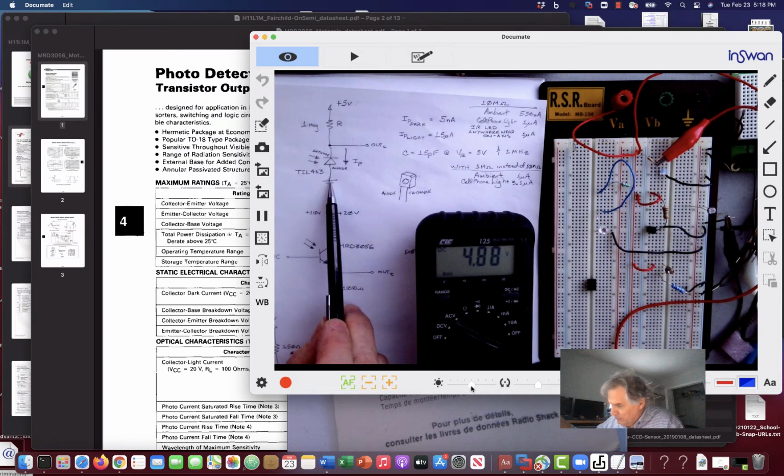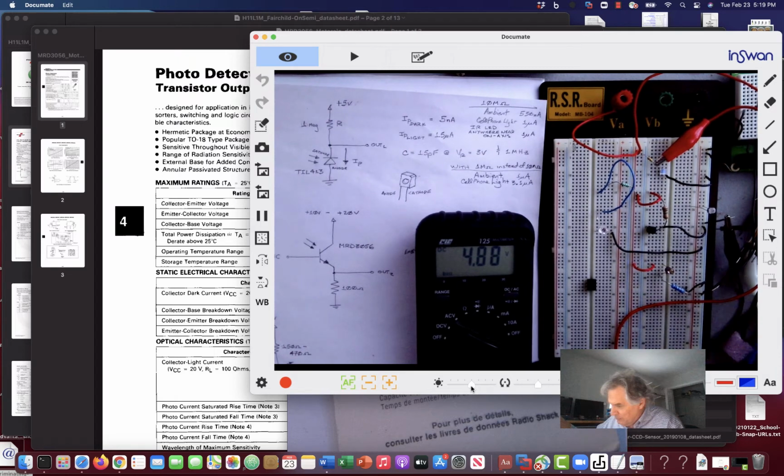More current flows because the carriers, electrons, and the absence of electrons in the P and N types of this material actually flow, and they get their energy from the photons that strike the crystal lattice that makes up this PN junction diode. Well, that's all well and good, and however,